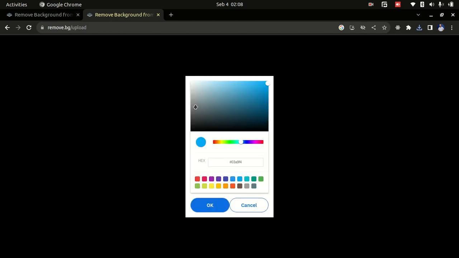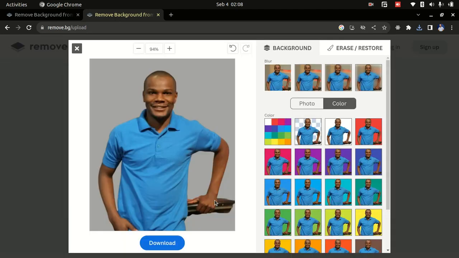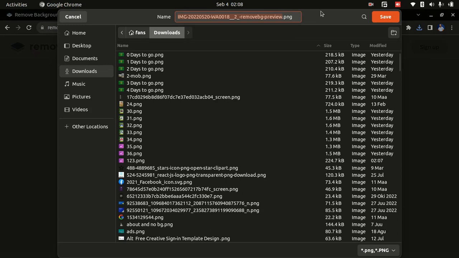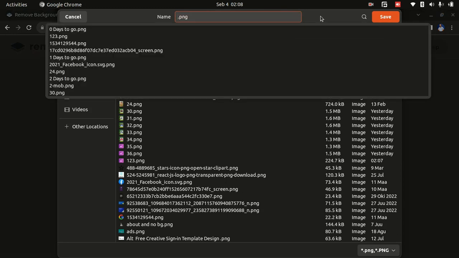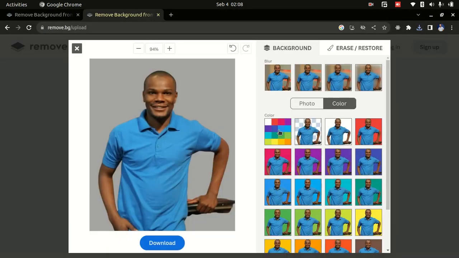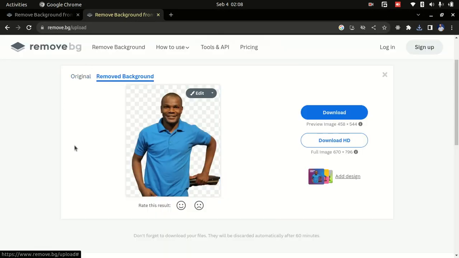Most times I use this. It is not white and it is not that gray. Most times I use that. So if it was a product, it will be having a good background. Then you download it, and we call it 321. That's it. Go to your browser, drag the image there, then you can choose to download it there